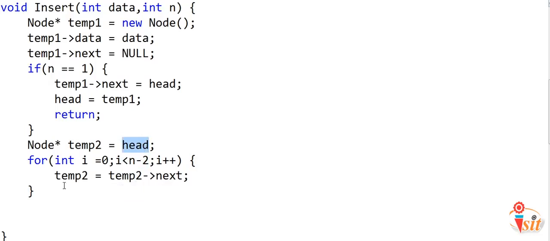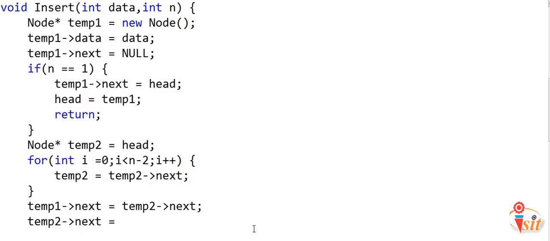So if we do temp2 equal temp2.next n-2 times, we will be pointing temp2 to n-1th node. And now the first thing that we need to do is set the next or the link field of newly created node as the link field of this n-1th node, and then we can adjust the link of this n-1th node to point to our newly created node.